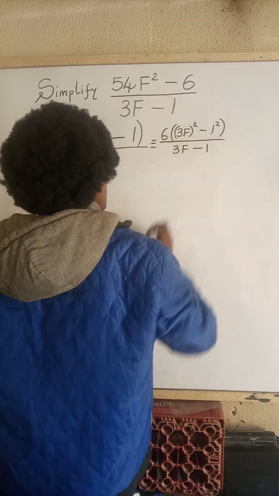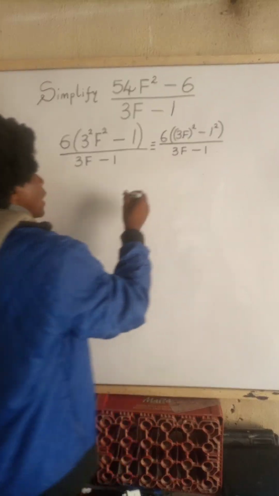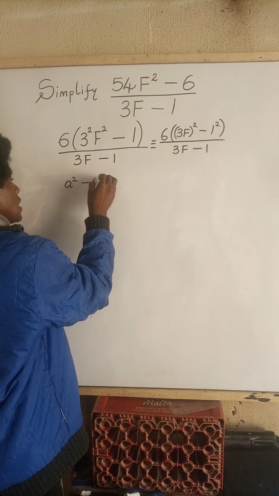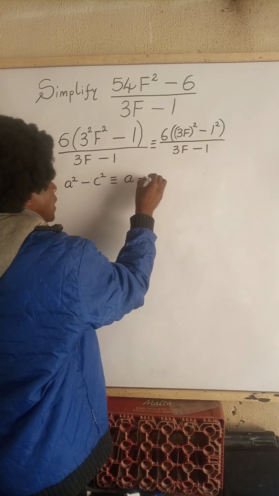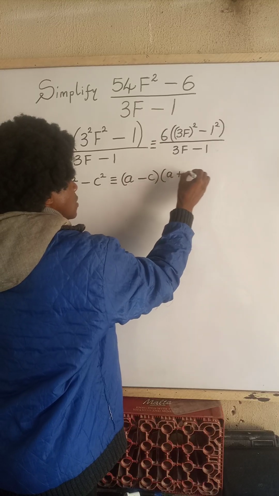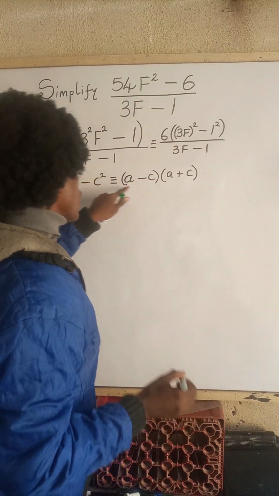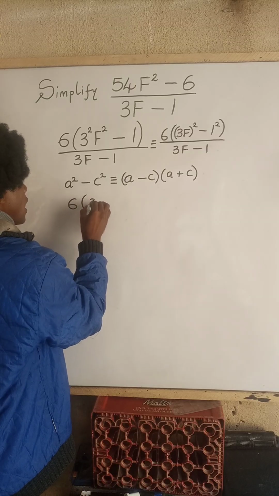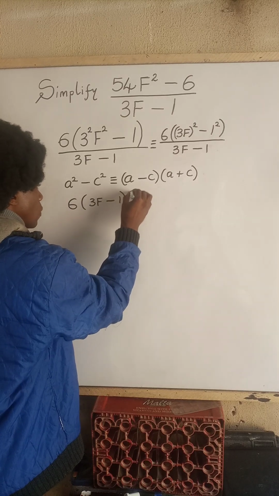− 1. Now, when I apply the difference of two squares, look at what I mean by difference of two squares. If we have a² − c², this is the same thing as (a − c) and (a + c). So when I express this numerator in this form, we will have 6 bracket open 3f − 1 bracket closes and 3f